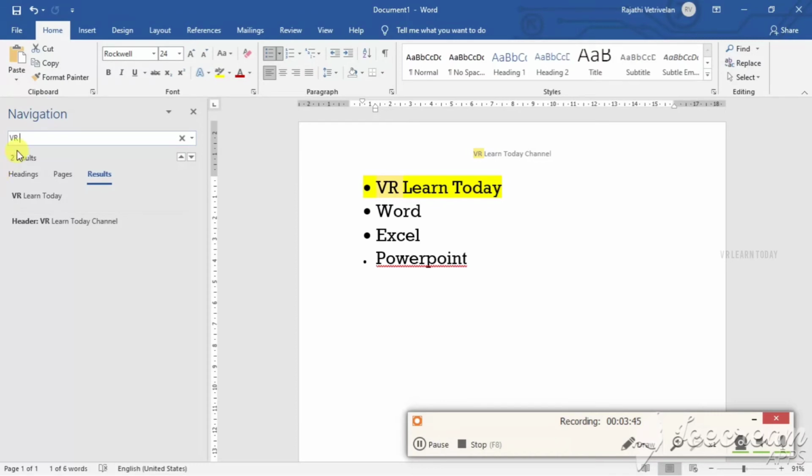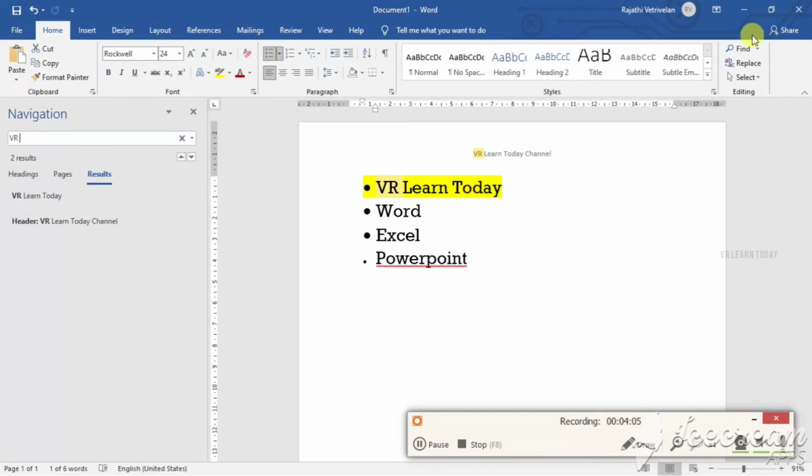Here I'm just searching the word BR. Two results are shown, one is here and the other one is in the header. So we can find whether the searched word or sentence is available in the document or not.